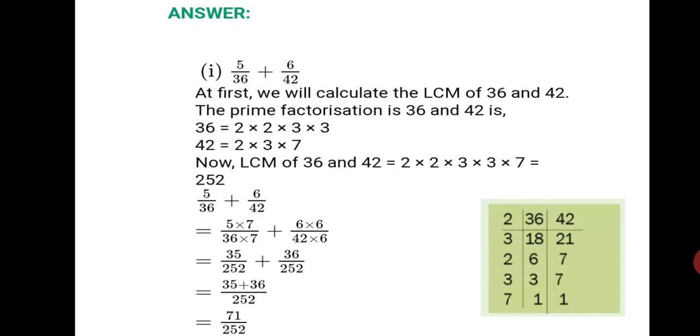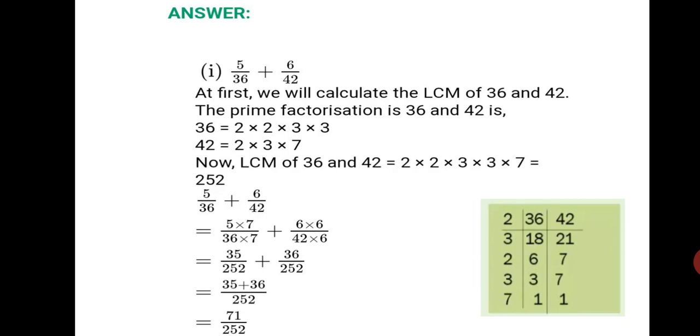Okay. Similarly, again look at the green column. For 42, we want 42. So I will start multiplying the factors which are in the left side from down now. 7 3s are 21. 21 2s are 42. I got 42. The remaining two factors, 2 into 3 is 6. That means 42 into 6 will give me 252. So I take 6 upon 42 into 6 into 6, because 42 into 6 is 252.